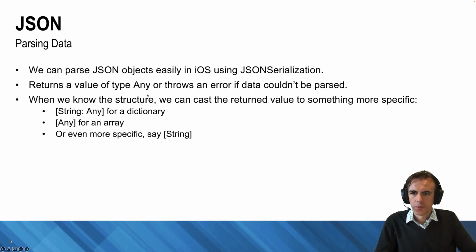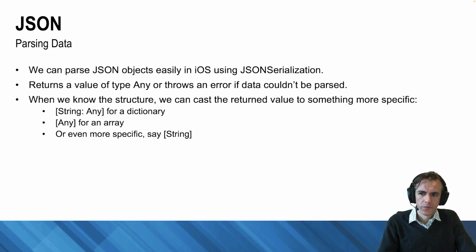All right, so if we've got JSON, we can easily take those objects and parse them using JSON serialization. And this is a class that will return a value of type any, or it throws an error if the data couldn't be parsed. And then if we know the structure, we can cast that returned value, the any value, to something more specific. So for example, if we know that the JSON result that's returned, like when we were looking at some JSON in a previous video,